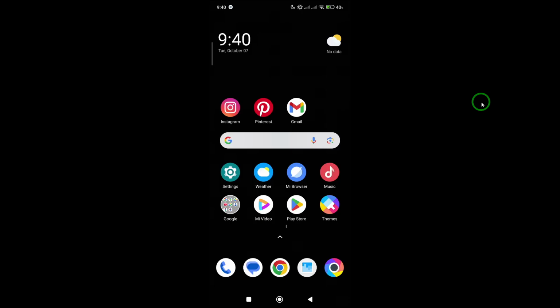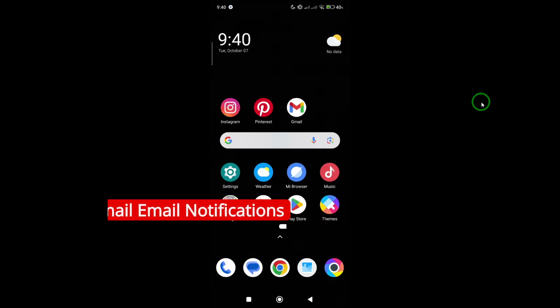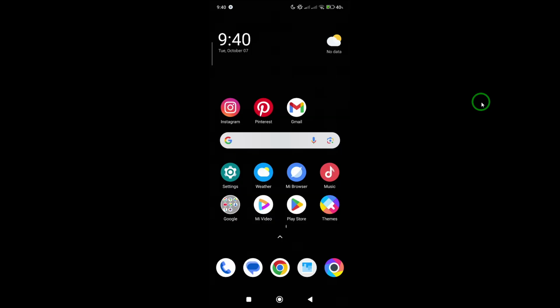Welcome. In this quick guide, I'll walk you through how to turn off Gmail email notifications on your mobile device so you can enjoy a little more peace and quiet during your day. Whether you're trying to reduce distractions, save battery life, or simply take a break from constant alerts, these steps will